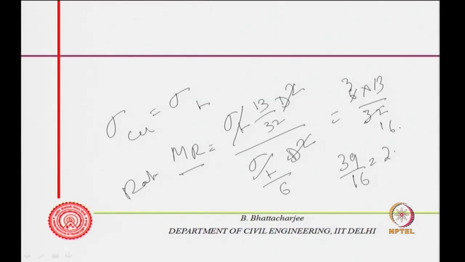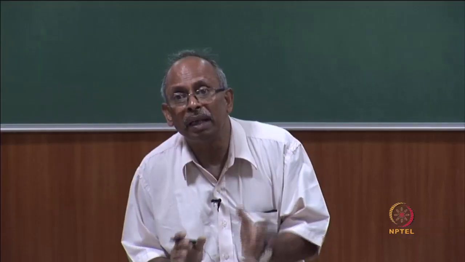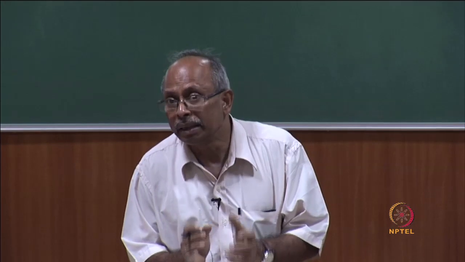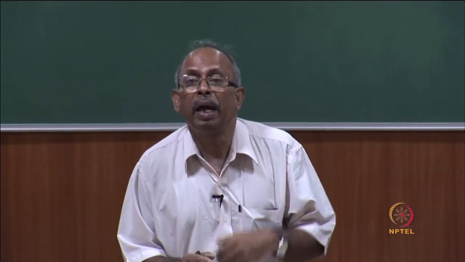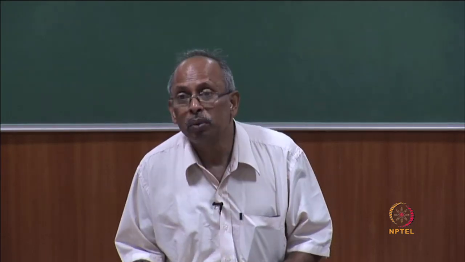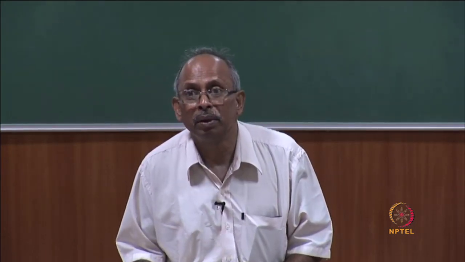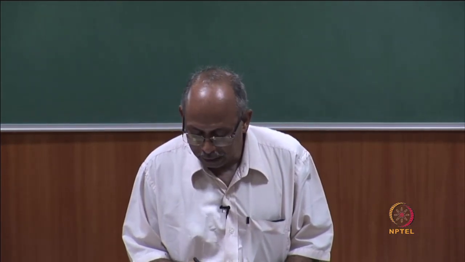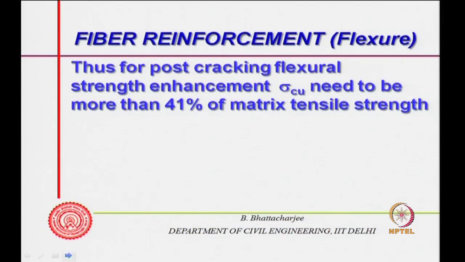2.4 something. So, you can see that if the tensile strength of the matrix and the ultimate tensile strength of the composite are the same, I get a flexural strength enhancement, a moment of resistance enhancement, of 2.4 times. That is a great thing, that is where the advantage of fiber concrete is. So, for post cracking flexural strength enhancement, sigma Cu needs to be more than 41% of the matrix tensile strength,